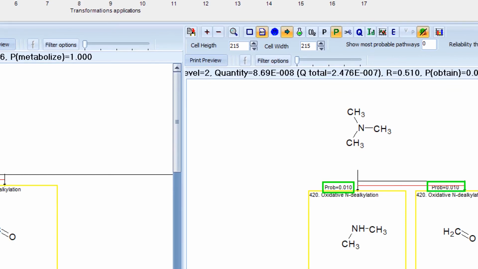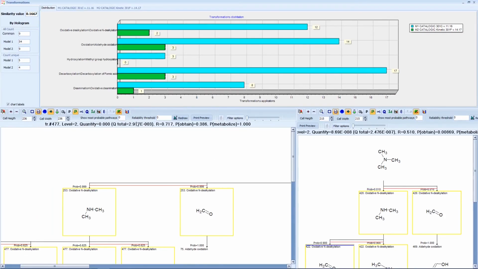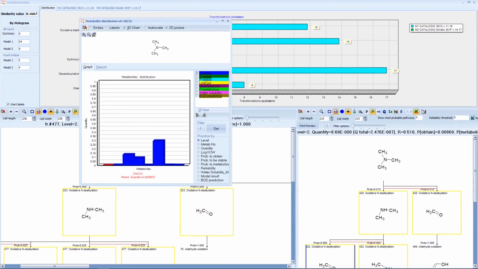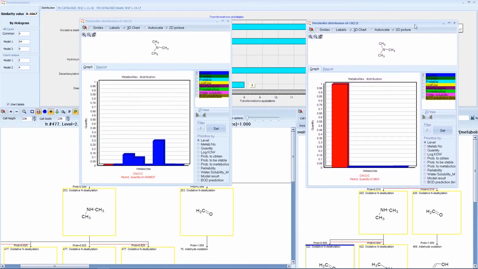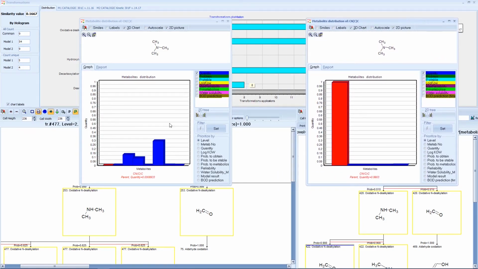model. The difference in probabilities leads to the different amounts of the parent chemical and degradation products as shown in the distribution charts. The target is exhausted as a parent at 28th day, and stable products are formed as a result of biodegradation in the Catalogic 3.1C model, whereas same target is really stable in the Catalogic 3.1F model and its degradation products have negligible amounts.